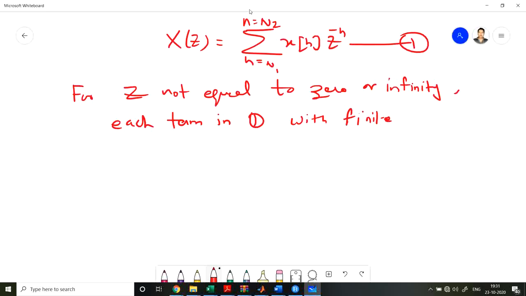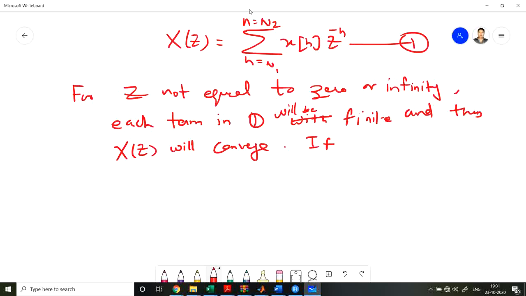Each term in 1 will be finite, and thus X(z) will converge. And the condition is, if N1 is less than 0 and N2 is greater than 0, then